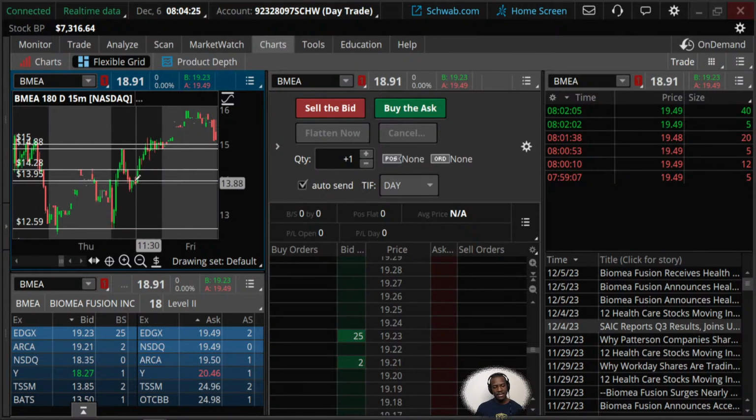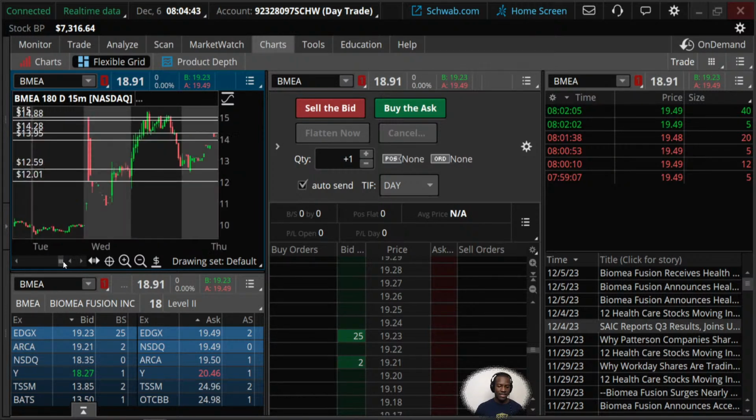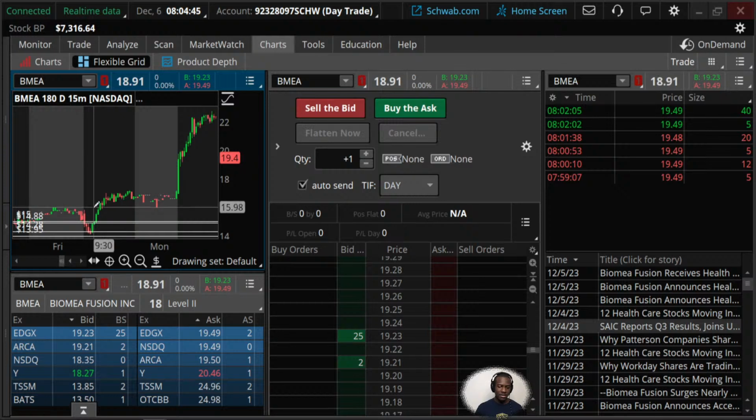So when it came down and swung low into the 14s, I actually took the trade from like 14 up here to 15. Now, the thing is, I day trade, so I wanted to close this position before the day ended. So I closed right up in here around 15 for a nice little profit, right? But the next day, it kept going. So the next day, yeah, it did this little close,